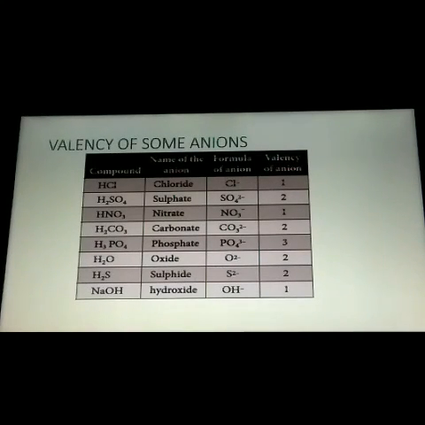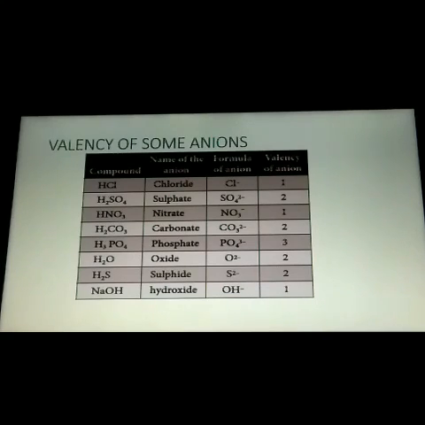Now let us see different valent ions. An ion is monovalent, divalent, trivalent or tetravalent. If it is monovalent, then it is said to be 1, if it is divalent, it is 2, for trivalent it is 3 and for tetravalent it is 4. The valency of an anion or cation is a number which expresses the number of hydrogen atoms or any other monovalent atoms that combine to give a compound. For example, 2 hydrogen atoms will combine with one sulfate ion to form sulfuric acid.